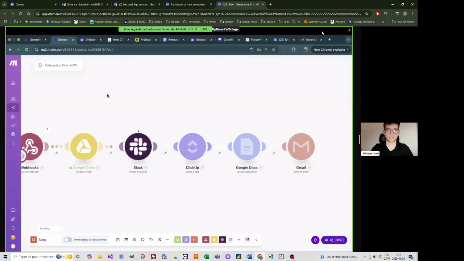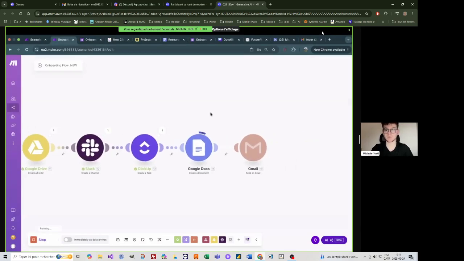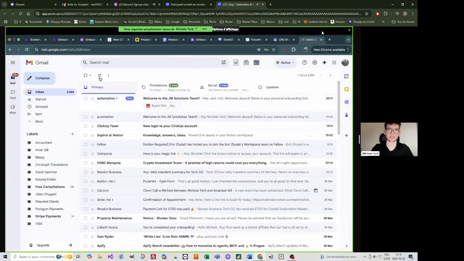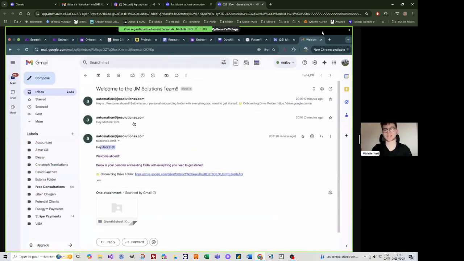This should trigger. It should send us a Slack, add it to the ClickUp, make the document, and then send back the email with all the information that we have. So if I go here, I can paste this. I can see, hey, Jack Holt. Here's the onboarding folder. It's giving it to me like this because I'm sending it to the exact same email